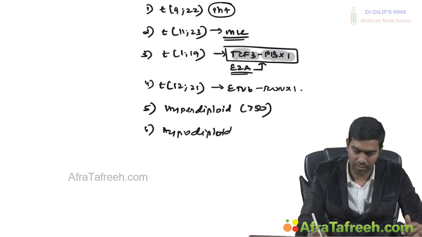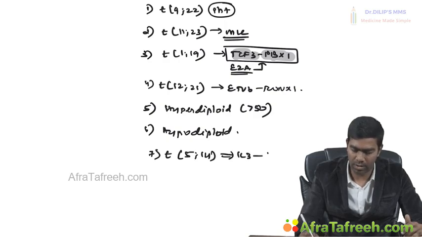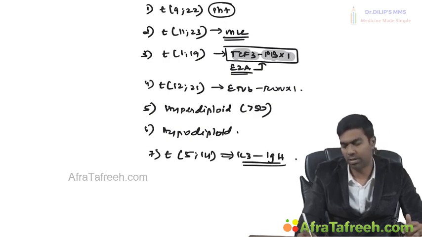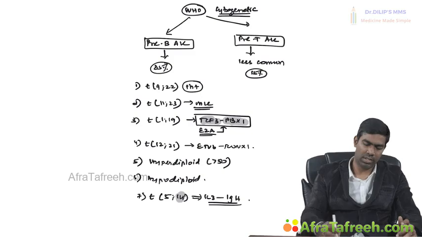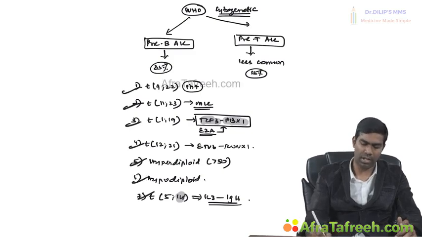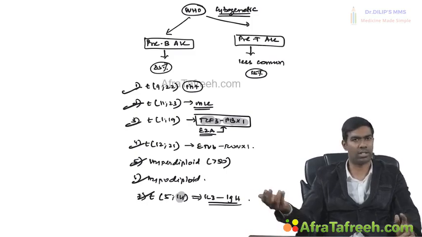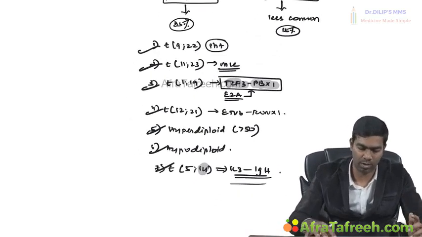And finally you have ALL related with translocation t(5;14), that is interleukin 3 with immunoglobulin heavy chain. This 14 many times goes with the heavy chain. So these are the WHO cytogenetic classifications. You can divide into either a pre-B-ALL with certain classical cytogenetics or a pre-T-ALL with certain cytogenetics which I have not mentioned here and are not important for your exams.